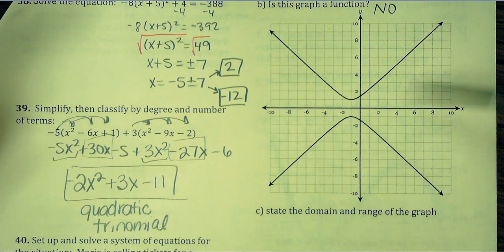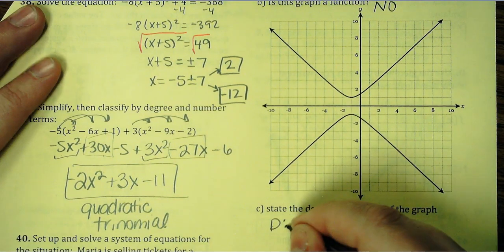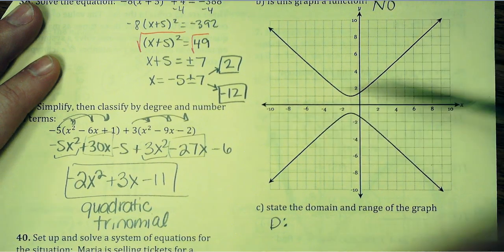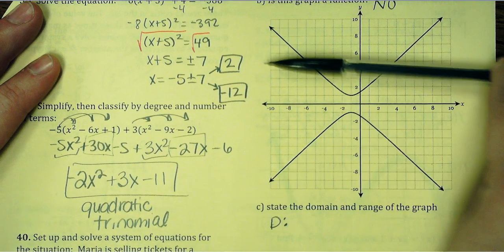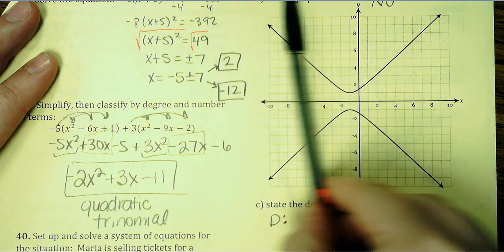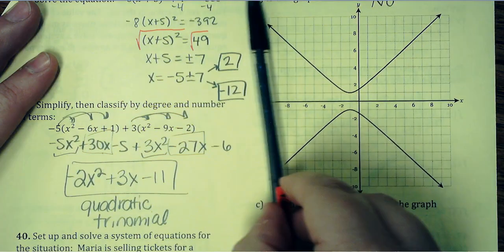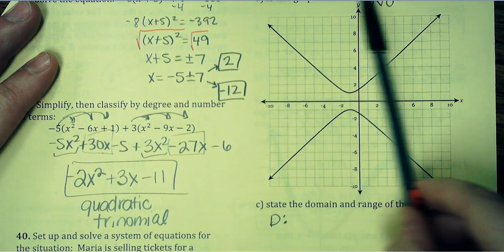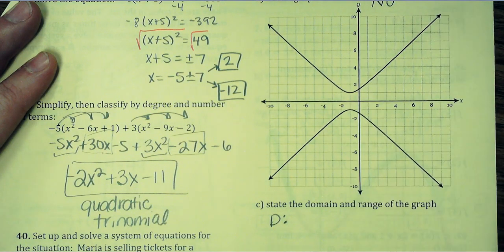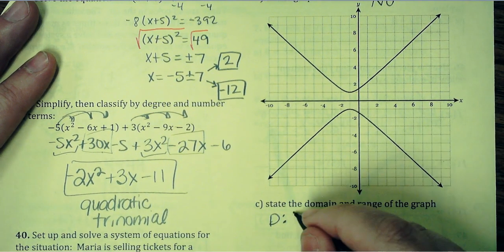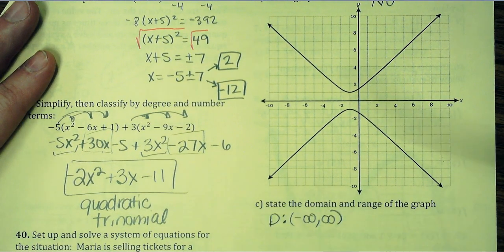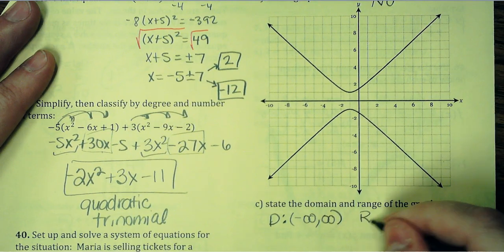Domain describes your possible x values, range describes your possible y values. So domain is left to right. I'm seeing these arrows here. These are pointing to the left forever. These are pointing to the right forever. So as I was sliding across from left to right, in this case I would always be touching 2 points on this graph, but we would always be touching a point on the graph. So the domain is just going to be from negative infinity to infinity, because we're going to touch all the values of x. Now for the range here,